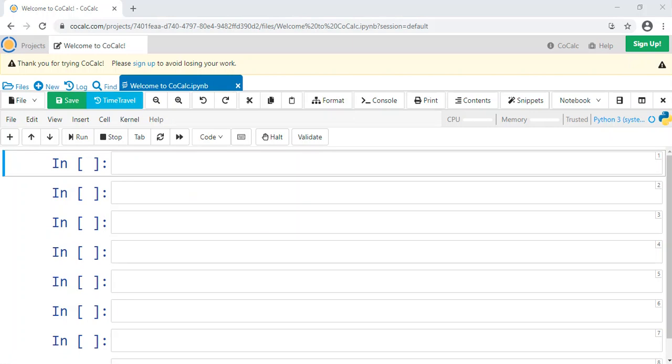Okay, so the first thing you will want to do is to get started using SymPy. And for this tutorial, I'm using, as I mentioned, cocalc.com in my web browser, the link to which will be in the description, and that already has SymPy installed. If you're following along with a downloaded IDE like PyCharm, etc., that's fine.